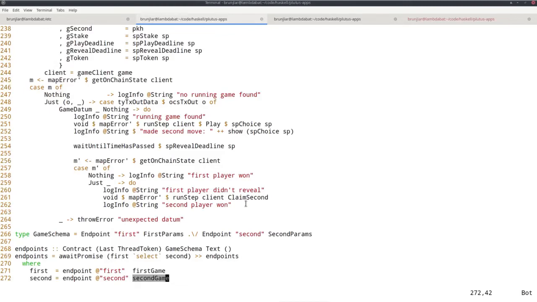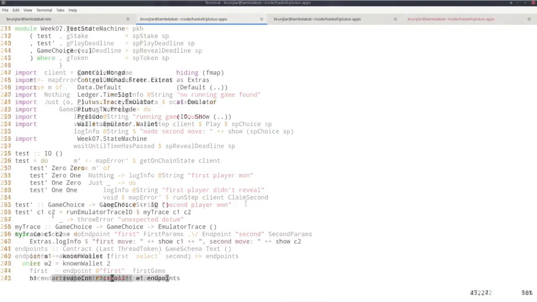But by using this trick to specify the state machine using constraints that can be used for both checking and construction, we now don't have to replicate this logic anymore. So we only use the constraints, and they can be used to construct the transaction, but also to check the transaction. So in principle, we halve the amount of code we need to write, and we remove a lot of